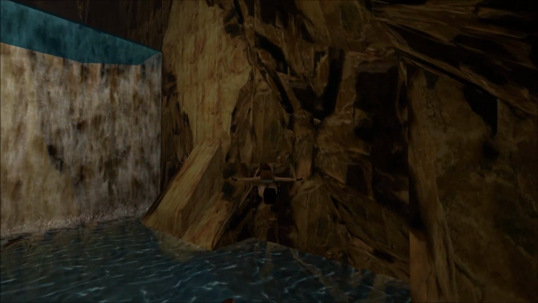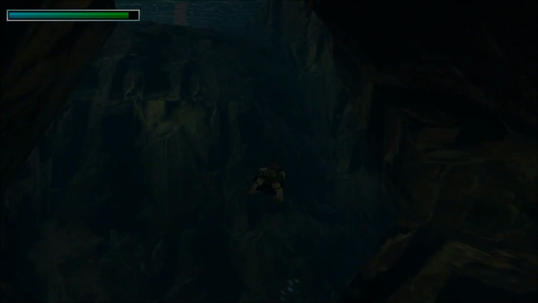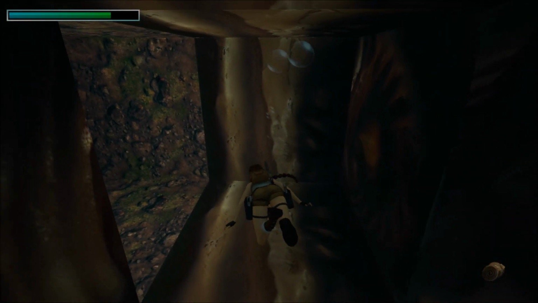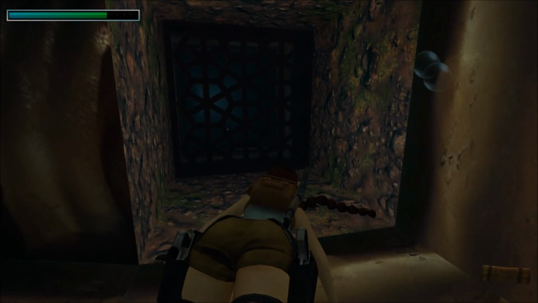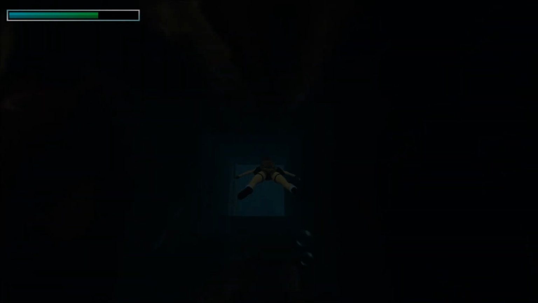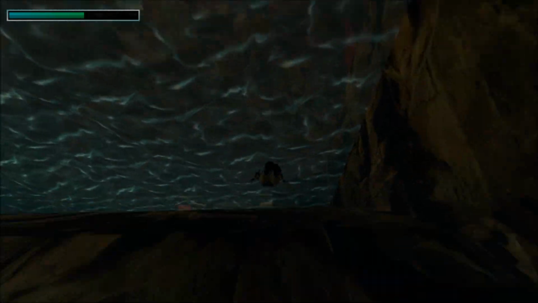But first of all, we need to go under here. Now, you can get this later if you want. I like to get it now. It's just a small medipack here. You'll pass by it later when you're coming from that direction. There's a little key on the other side of that grate. We will come out this way later, so you can get it then, but I like to get it now so I'm not under pressure if I'm low on breath. But anyways,